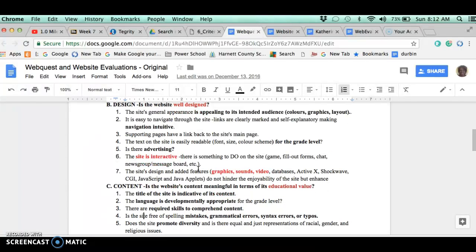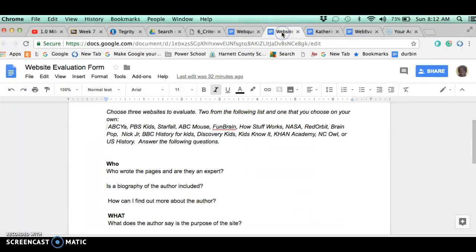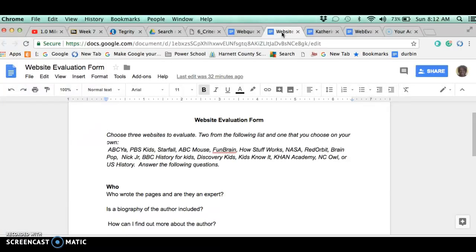So this is what you guys are going to be doing. All right, so for the assignment, website evaluation form. Choose 3 websites to evaluate, 2 from the following list, and 1 that you choose on your own. This is the list that I provided: ABC, PBS Kids, Starfall, ABC Mouse, Fun Brain, How Stuff Works, NASA,